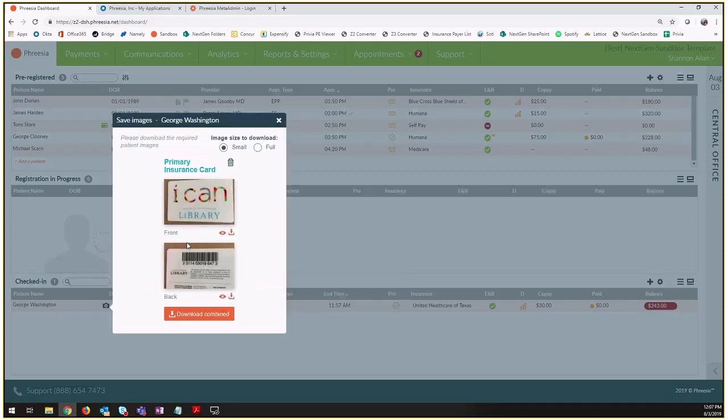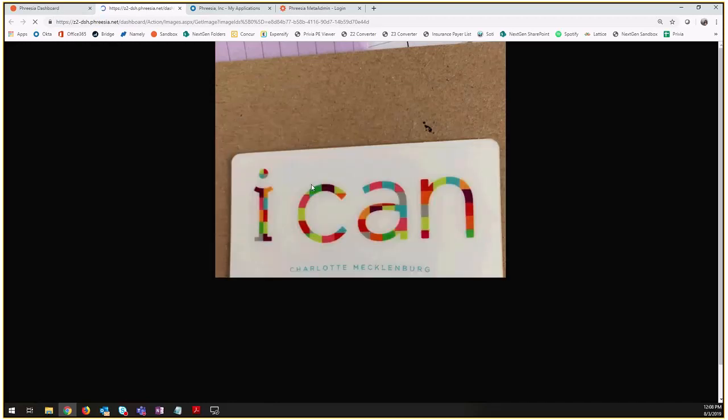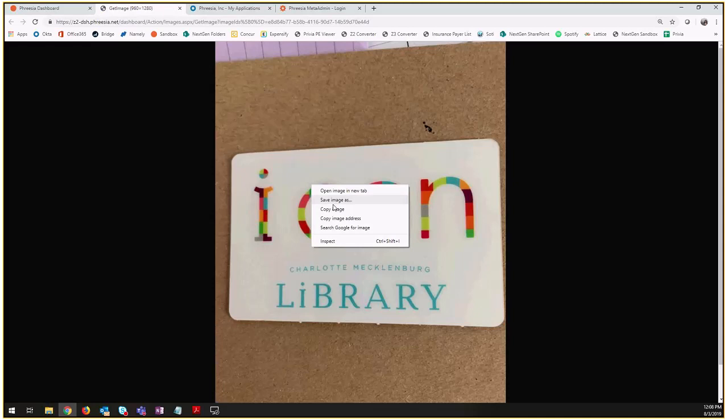I just use this as an example. That's just my library card. But you can see that the patient took a picture of their card, the front and the back. In order to get this over into NextGen, we won't send it automatically, but all you have to do is click on that icon. And then once you're here, click on this eye icon and it'll open up in a new window. And from there, all you have to do is right click on the image, copy image, and then